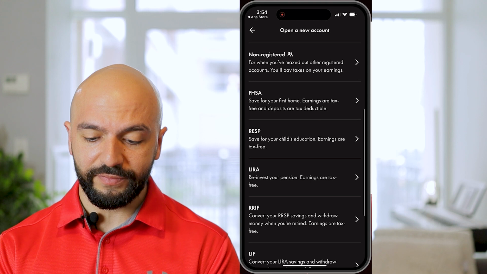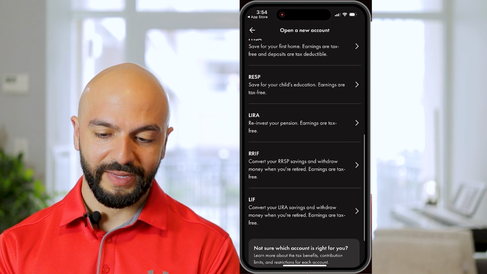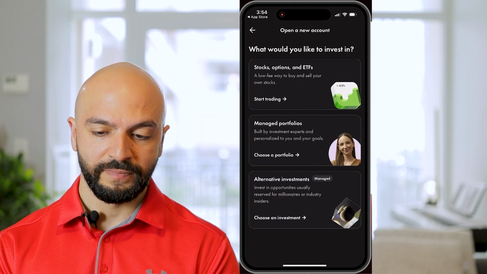I wouldn't recommend any of these for beginners, RESP, Lira, RIF, or LIF. I wouldn't open any of these. I would focus on the TFSA or RSP. Again,